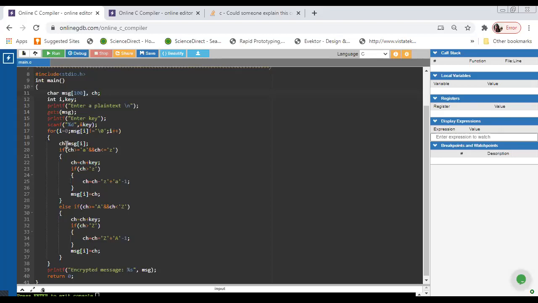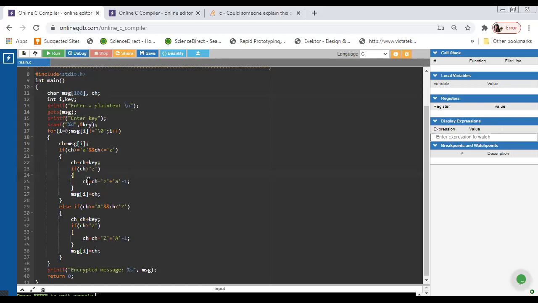For the character h, it checks whether it is in lower case. If it is lower case, it goes for character plus key, and checks if it is greater than the character z.